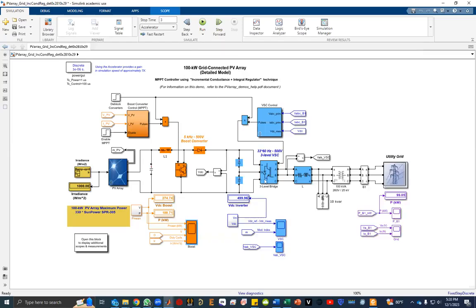What does duty cycle mean? It is the rate at which these switches, like IGBT1, and there are 6 IGBTs here, are turned on and turned off. Okay, so I want you to run this and make a short report on this one